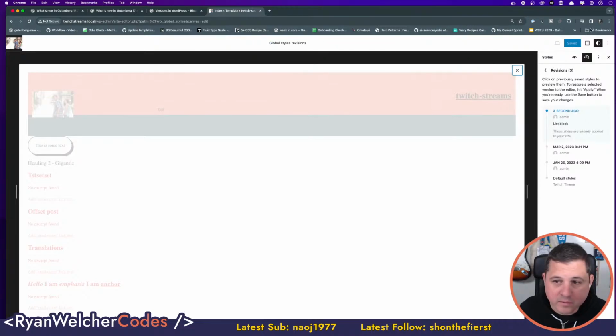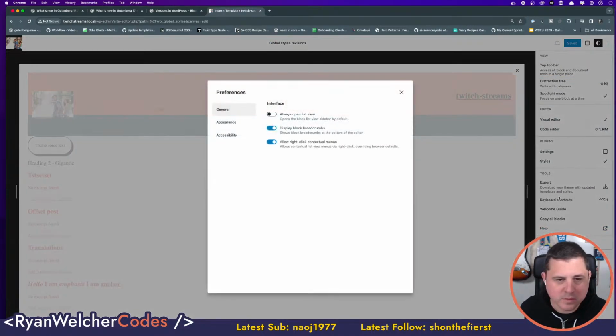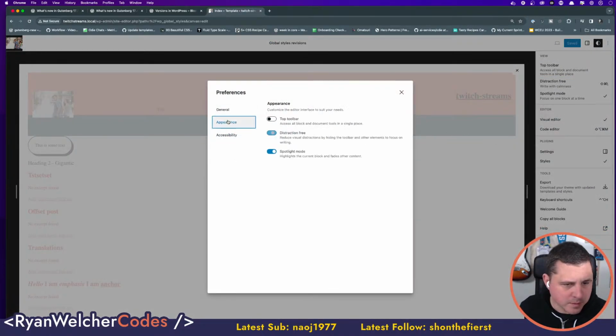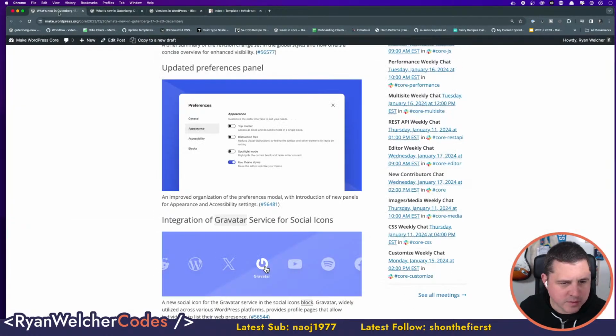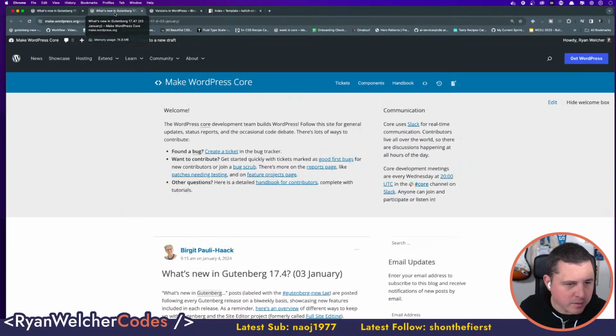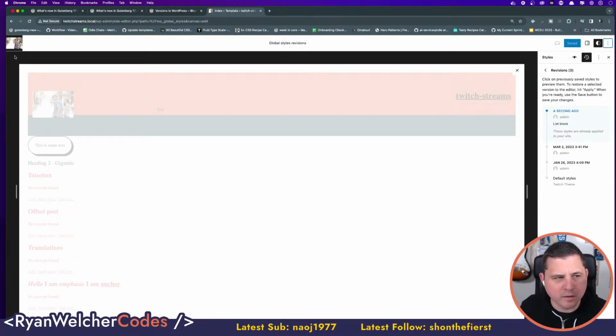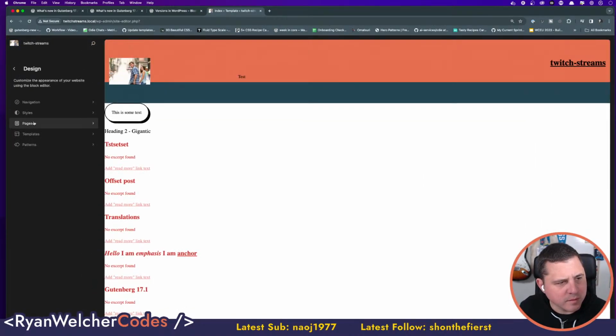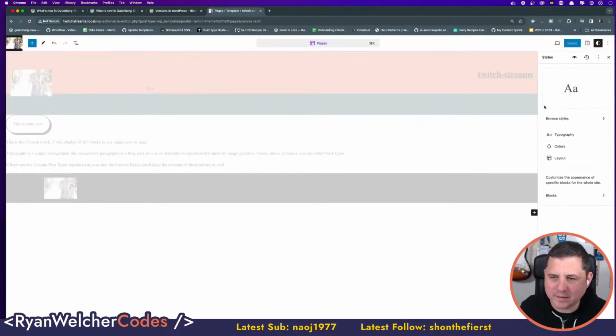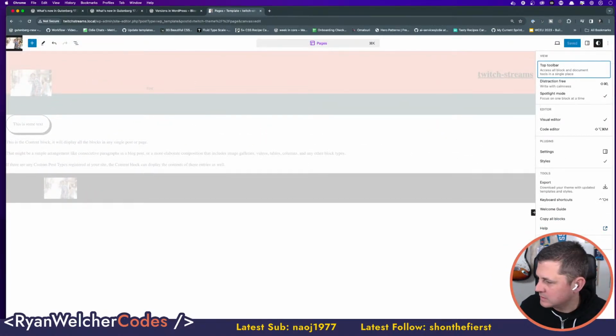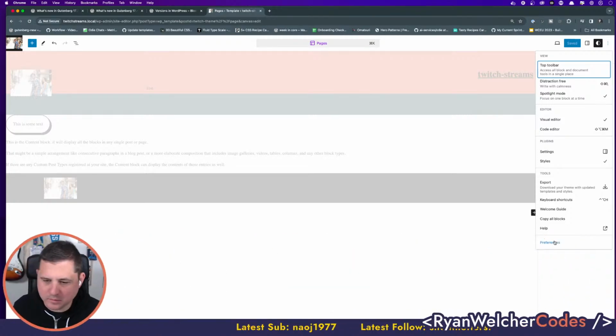Okay, let's look at that. So that'd be what in preferences? Appearance, accessibility. So what was added? What was changed? We got the appearance tool. Oh, maybe I need to use theme styles. Make the editor look like your theme. Oh, that's neat. Maybe I have to get out of here. I'm gonna go edit one of my templates. Sure, why not? Preferences.